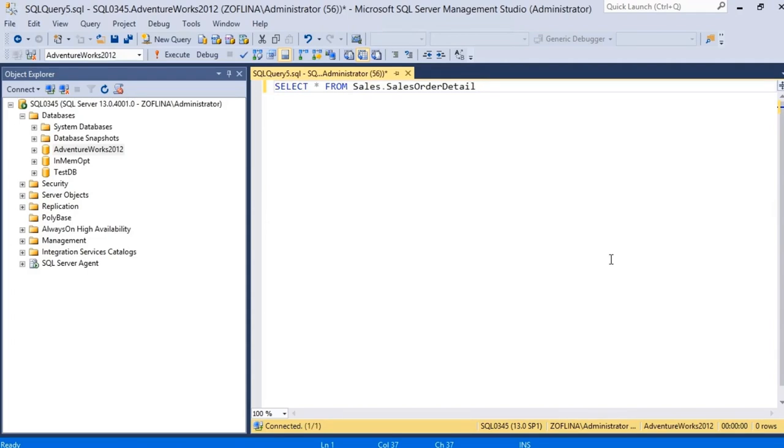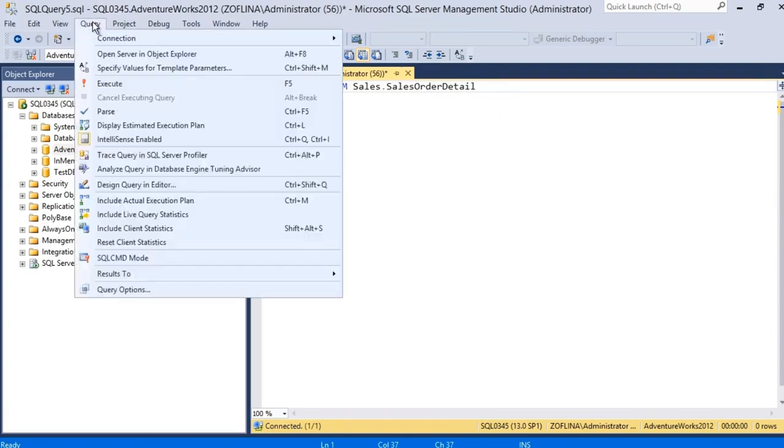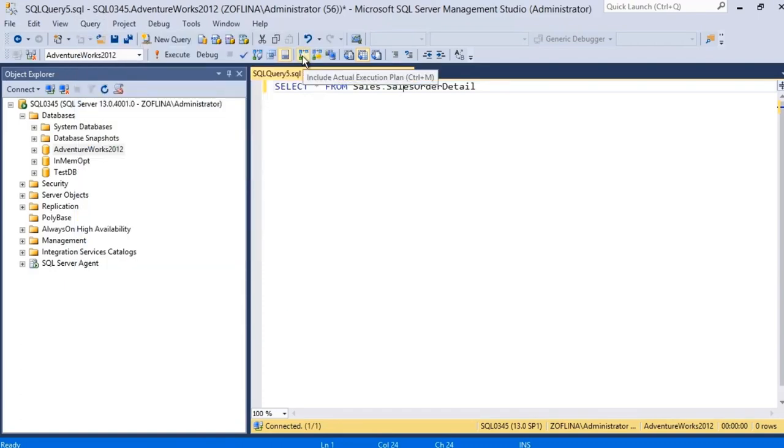So again, the statement itself doesn't particularly matter. I'm just going to select star from the sales order detail table in the AdventureWorks database, simply because it has a reasonable number of records and will take a few seconds to process. But you can find this option either under the query menu. You can see right there, include live query statistics, or it's a button right here on the toolbar, right there, include live query statistics. So simply enable that button, go ahead and execute the plan, and you can watch what